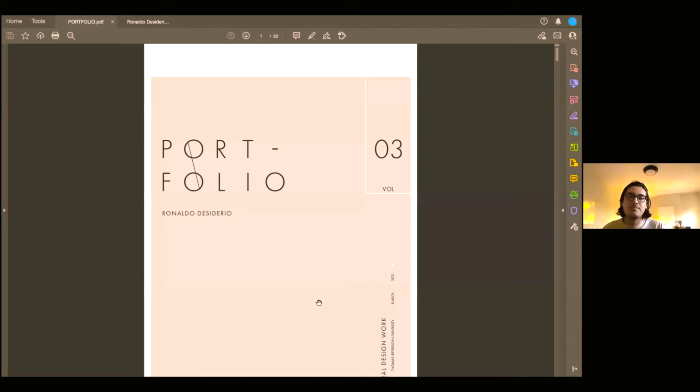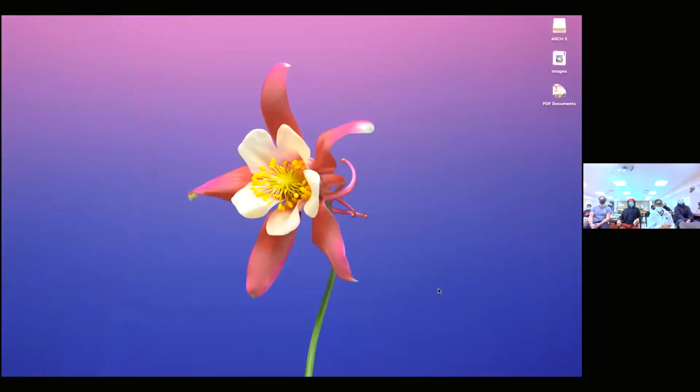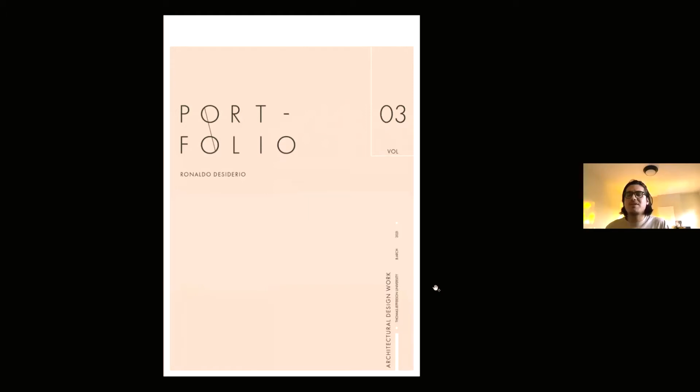Can you guys see my screen? Yep. Yes. Is it full screen? Yep. Wait, are you guys seeing my portfolio or my home screen? We can see your portfolio currently on the screen. Okay, it's full screen, right? Yep. Okay. So,